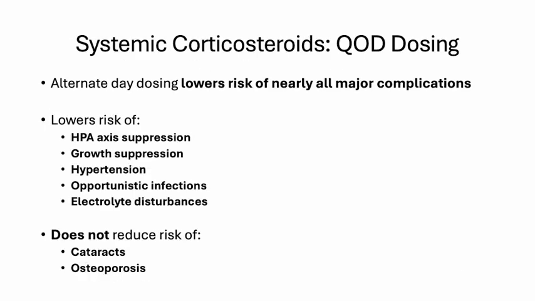Alternate day corticosteroid dosing, also known as QOD dosing, is a useful strategy that can help reduce the risk of several major complications associated with long-standing corticosteroid use. As the name implies, this approach involves administering the medication every other day rather than daily. By using this method, we can lower the risk of HPA axis suppression, which is a common concern with prolonged corticosteroid therapy, and it can also help to reduce the risk of growth suppression in children, hypertension, opportunistic infections, and